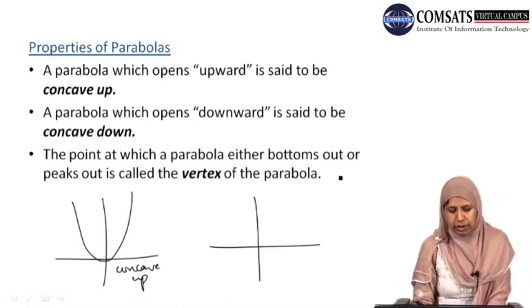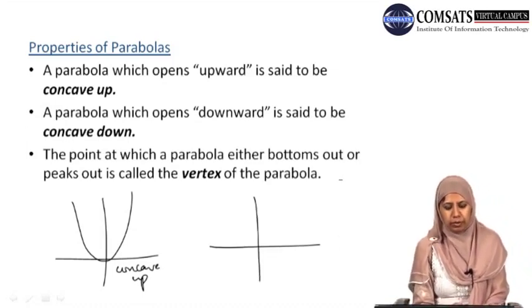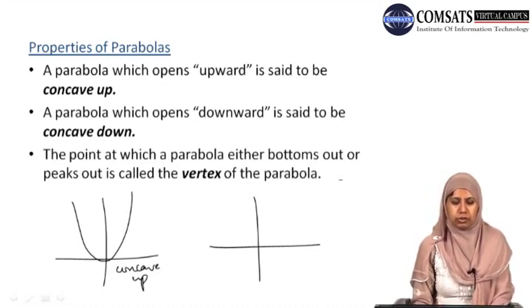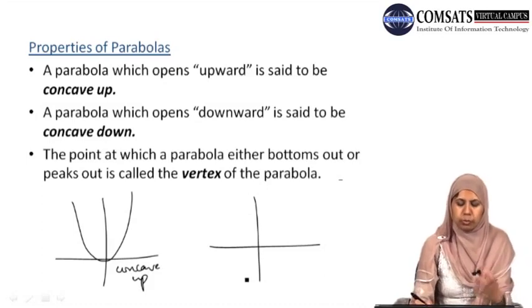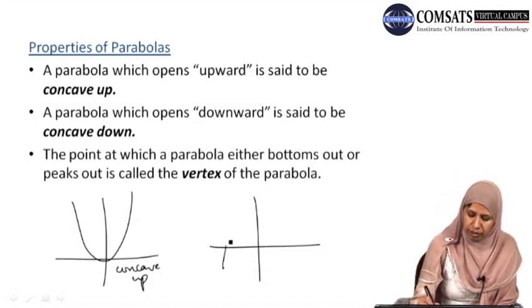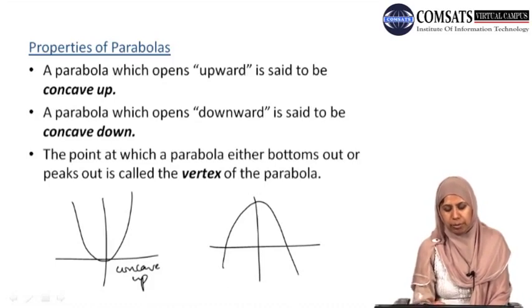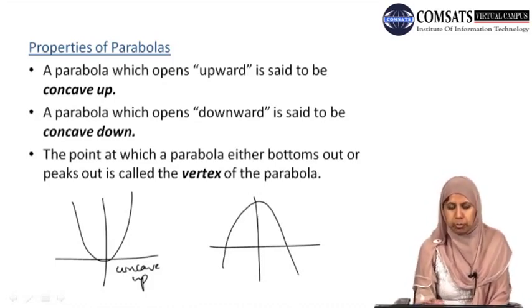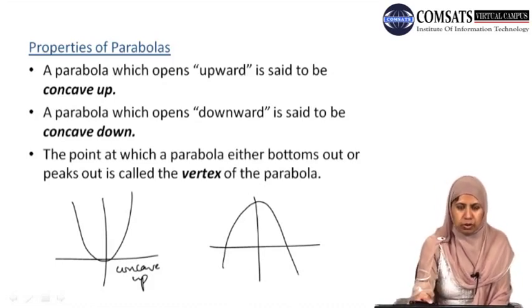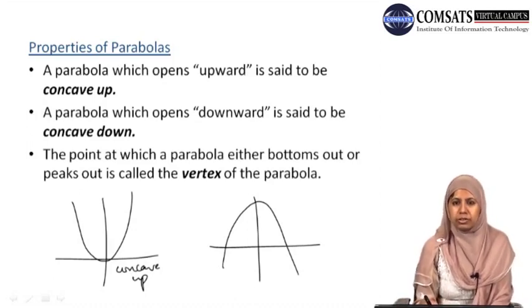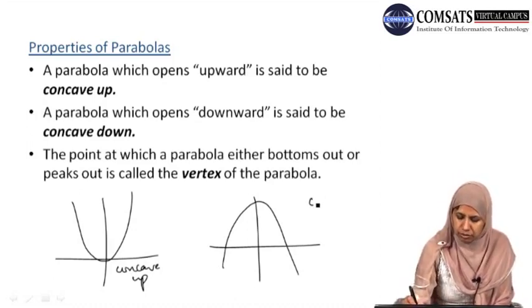Okay, and once we understand what we mean by the concave up parabola, we can easily imagine what the graph of a parabola which is concave down would be, that is, which is open from the bottom. And then the parabola should be like this. So this is a graph of a quadratic function called a parabola, and it is open from the bottom. It is closed from the top and open from the bottom. So this type of parabola is called concave down.